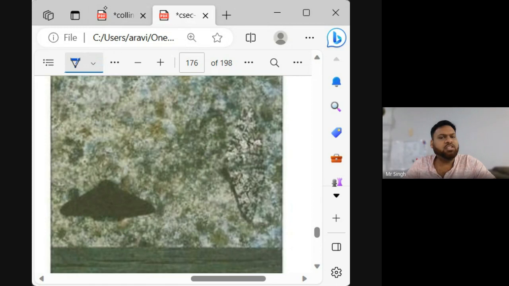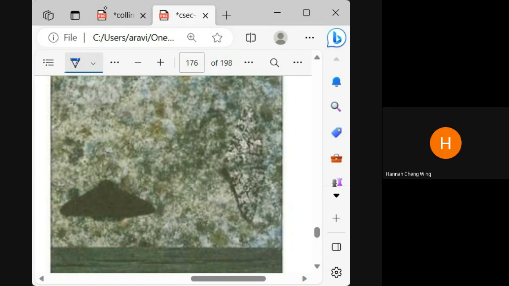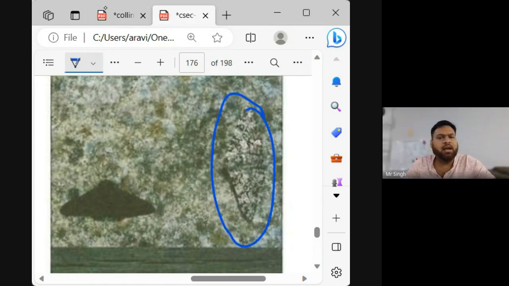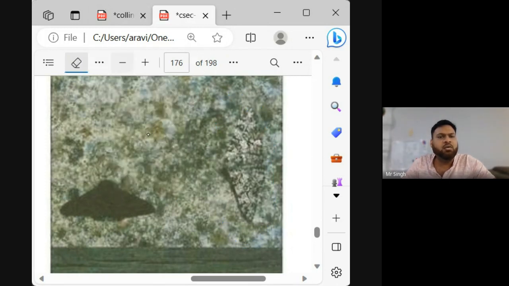Which one is camouflaging the best? Black and white, sir. The black and white one, right? The black and white one is the one that is looking like it has the best camouflage there. Well, okay, these are the two variations of moths that we saw in the environment, right?